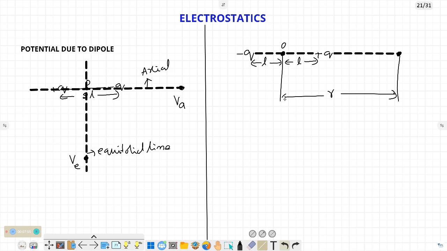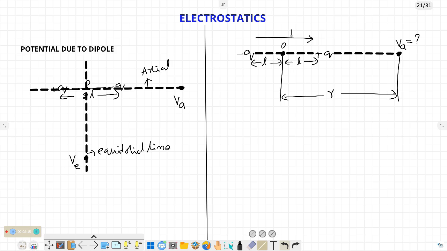Now, at a distance of r, the point is located. Now I want to calculate the potential at this point. That point is located along the axial line, that's why it is called the potential due to the dipole along the axial line, that is VA. Now to calculate this one, you already know that a dipole contains a dipole moment that will be